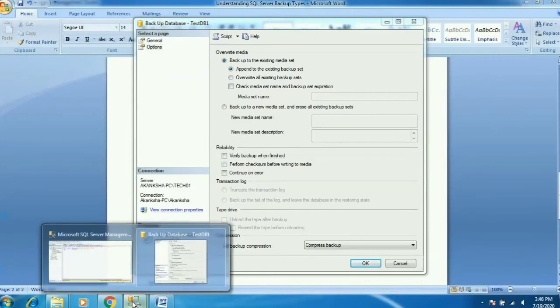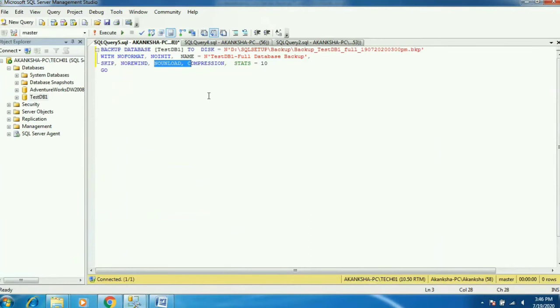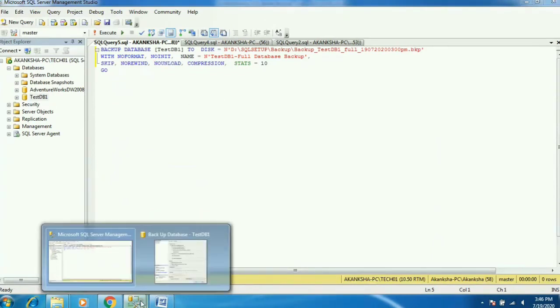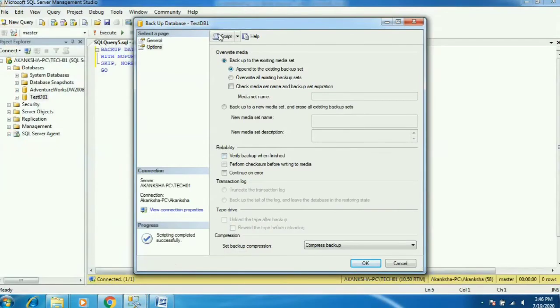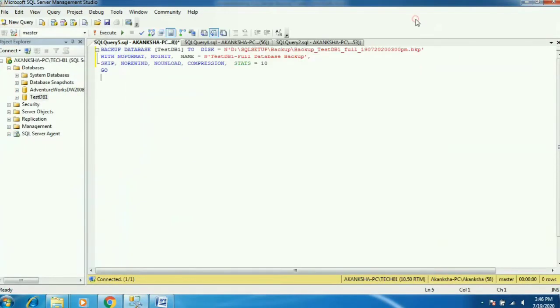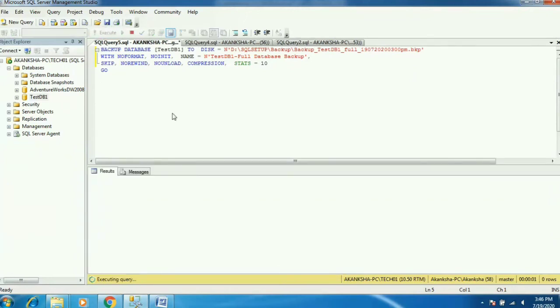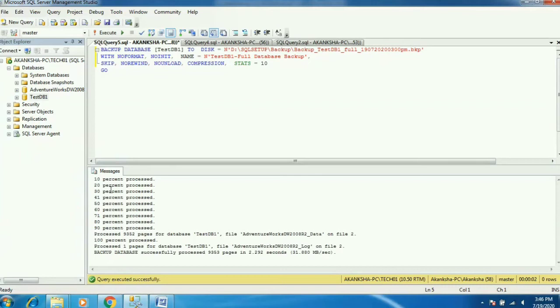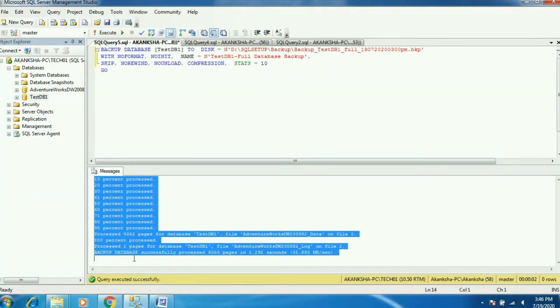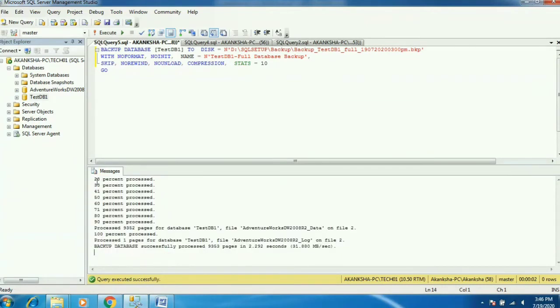Now we will take another backup, a differential backup. Let me close this window. See, I want to show you the same full backup through the script. Also, you can see the stats, what the stats are giving actually. It's giving the result for how much backup is completed till now. If you get any error, it will write it here also. Any kind of error.